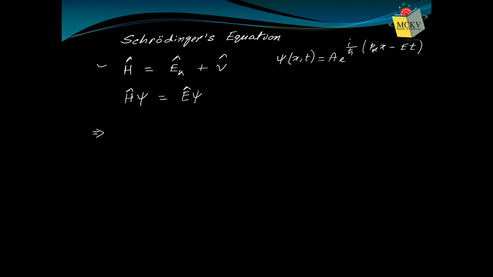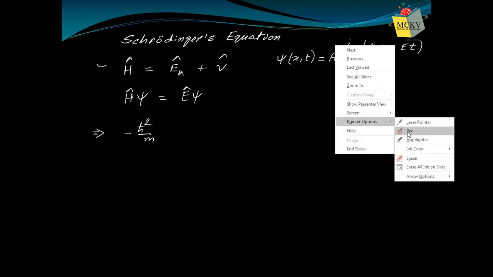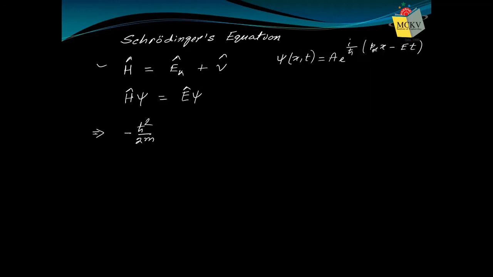What was the Hamiltonian operator? We know the Hamiltonian operator as minus h cut squared by 2m, that is the kinetic energy operator, del 2 del x2, plus V(x). That is our Hamiltonian operator operating on psi. Remember, psi here is a function of x and t, and it equals the total energy operator, i h cut del psi del t.